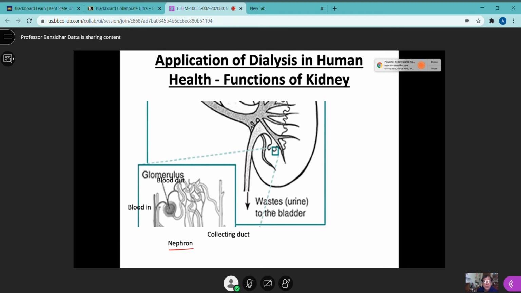Now, if someone has a problem, as you probably know, some people do have a kidney problem, and that's called kidney failure. If the kidney doesn't work very well, the patient